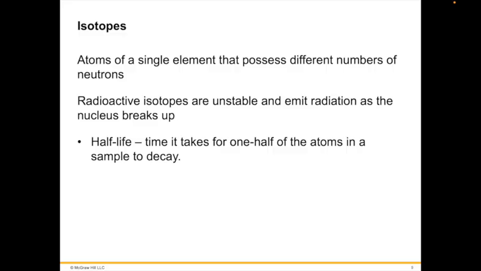For any given isotope, however, the rate of decay is constant. The decay time is usually expressed as the half-life, the time it takes for 1/2 of the atoms in the sample to decay. Carbon-14, for example, often used in carbon dating of fossils and other materials, has a half-life of 5,730 years. A sample of carbon containing 1 gram of carbon-14 today will contain about 0.5 grams of carbon-14 after